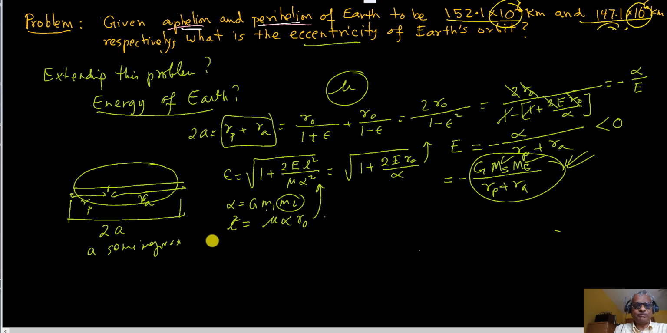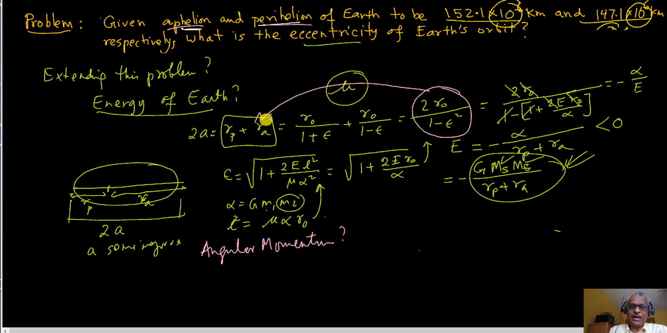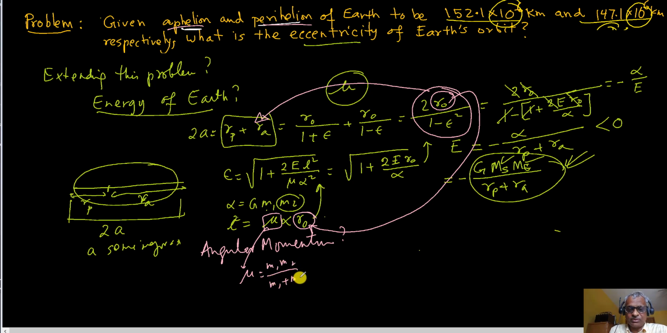How about angular momentum? Can we find that? Can you figure that out? Well, you can see that using this with that, I can figure out R0 and use this R0 and figure that out. And what is mu? Mu is just M1 M2 over M1 plus M2. So I can figure out angular momentum as well. So I got angular momentum, I got energy,